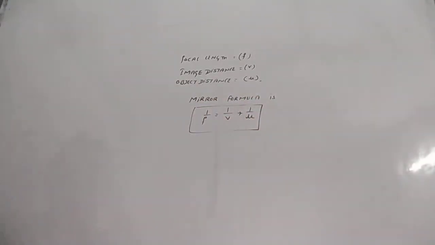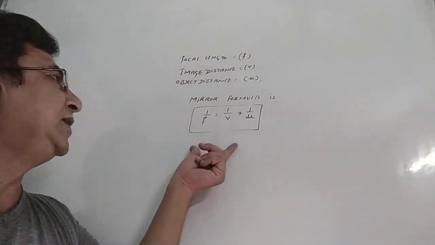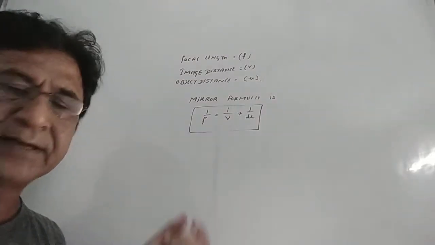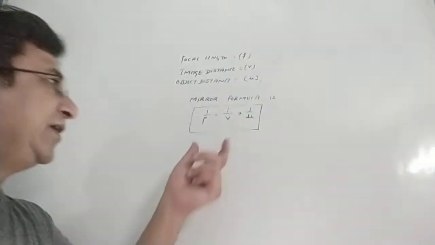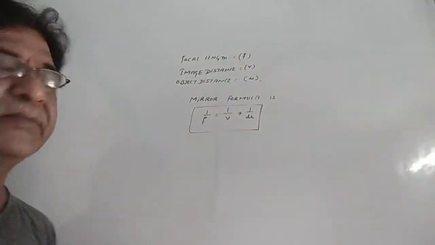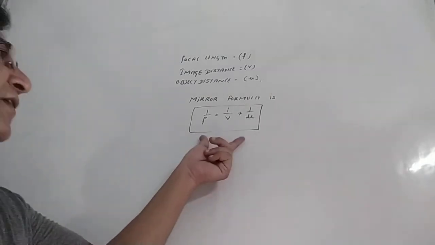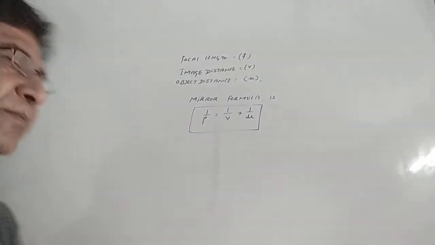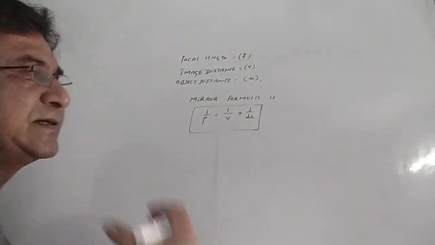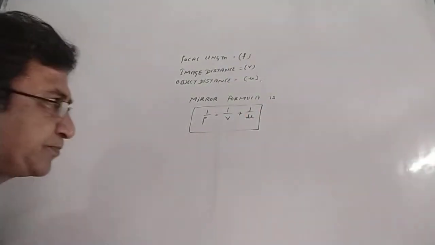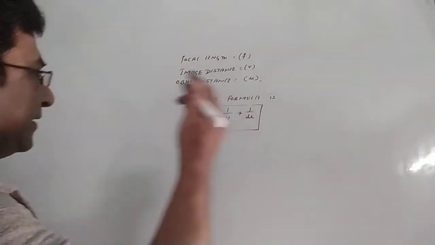First we will apply this, and I'll tell you that if you know the ray diagrams, orally you can know what the answer of the given problem will be. Okay, this is the mirror formula. After that we'll be coming to the linear magnification. Now this is the mirror formula. Let's give a numerical to ourselves.